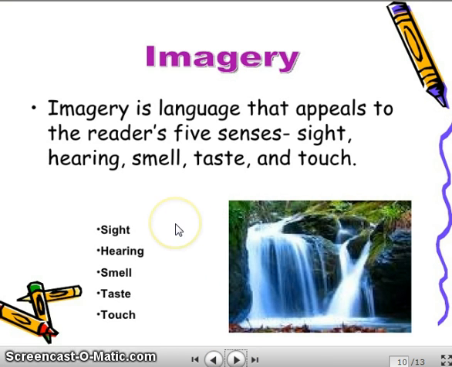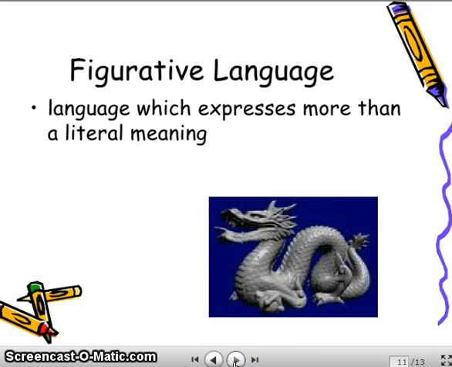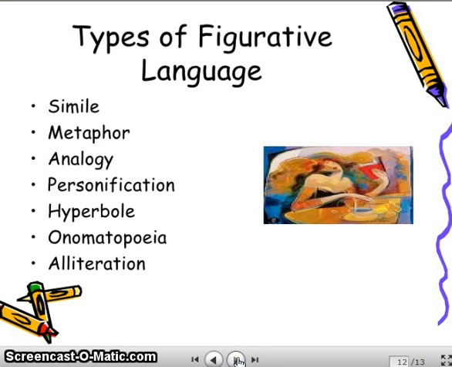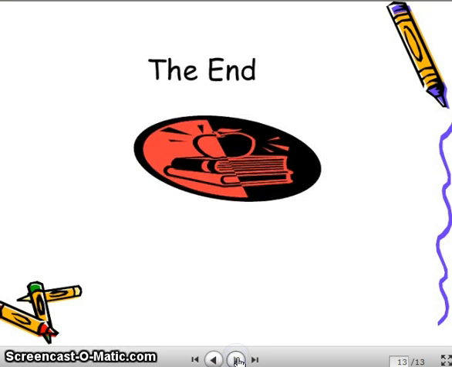This imagery image offers nothing about sight, hearing, smell, taste, or touch. Figurative language is another one. An image of a dragon has nothing to do with figurative language and is not completely understood. Thus, as I conclude Ms. Sample's presentation,